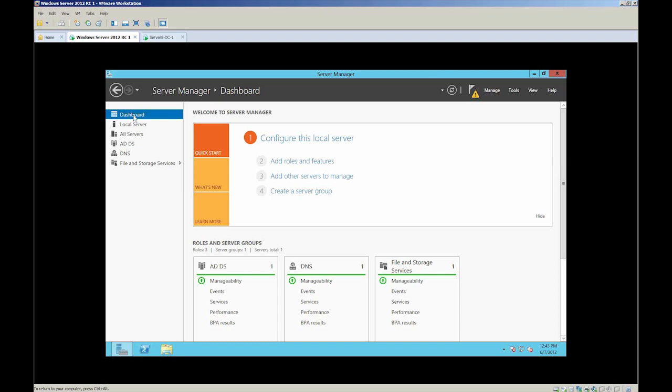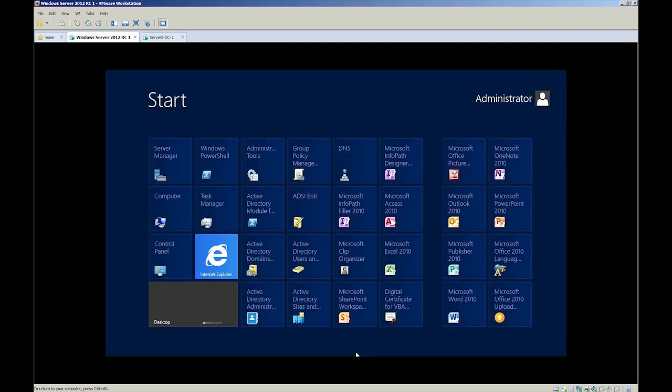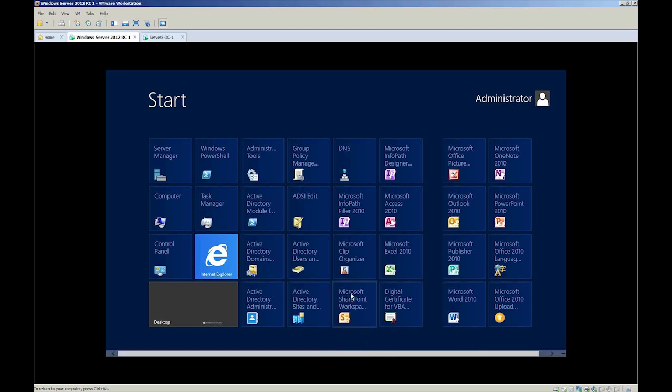And I know I've done it on every Windows Server 2012 machine I'm working with. You'll notice there's no start button down here on my taskbar. So what I have to do is hit the actual start button, or the Windows button on my keyboard. And when I do, this is what you get. This is part of this whole Metro look. There are a lot of aspects that make up the Metro style, but for most people, I know me personally, I looked at it and thought, this doesn't help me. I don't like this.